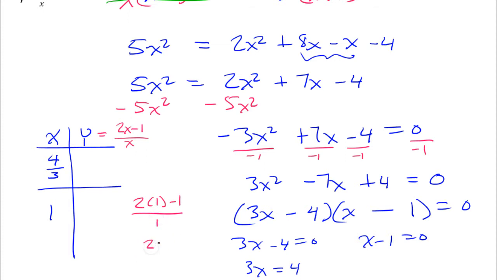So that would just be 2 minus 1 over 1. 2 minus 1 is 1, so that's 1 over 1, which is 1. Just double checking. So this y value is going to be 1. So you can just plug these in by hand,